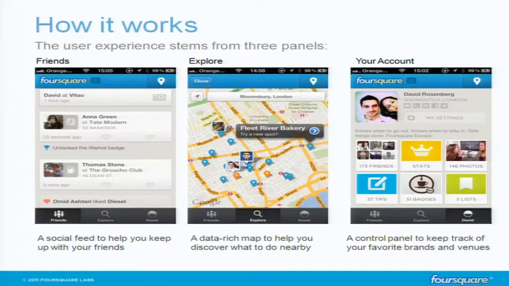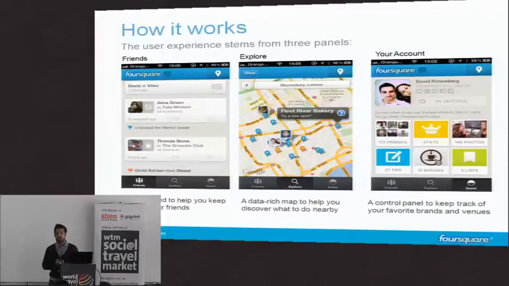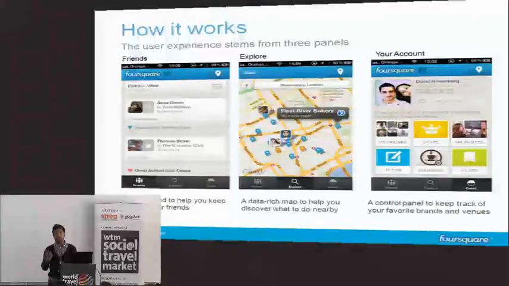The second tab that you see is Explore. Explore is really the core piece of what we're trying to kind of pioneer in the future, and this is what I want you to take away from this, is that we're no longer just a check-in gaming app with badges. We're actually trying to build this amazing recommendation engine that is personalized to you and gives you really specific and relevant recommendations. More about that in the second slide.